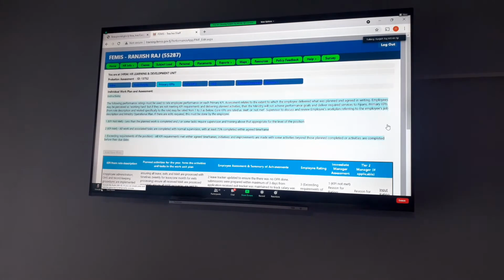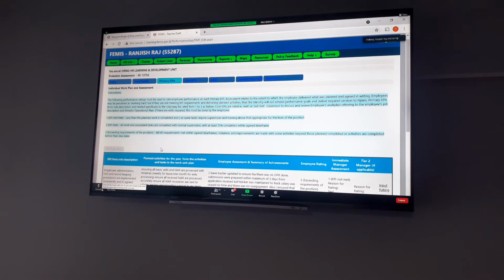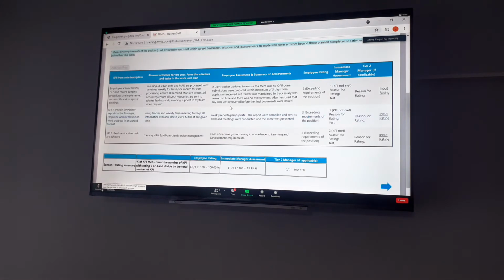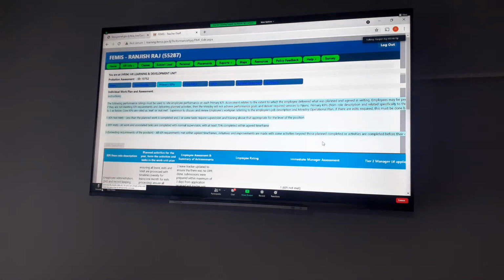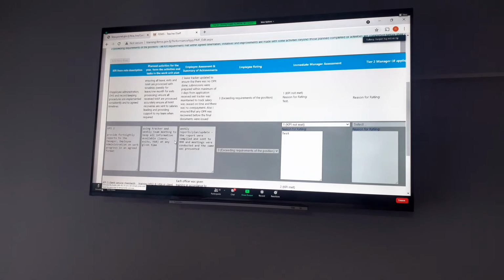Right. So that's how the supervisor will be doing it. Once the assistant teachers, VP, AP, HOD submit to you, you'll be viewing like this. And then you go to the next KPI. So for Kalera's next KPI, I go to input rating, I click on them, and then Kalera Bale has given herself the rating as